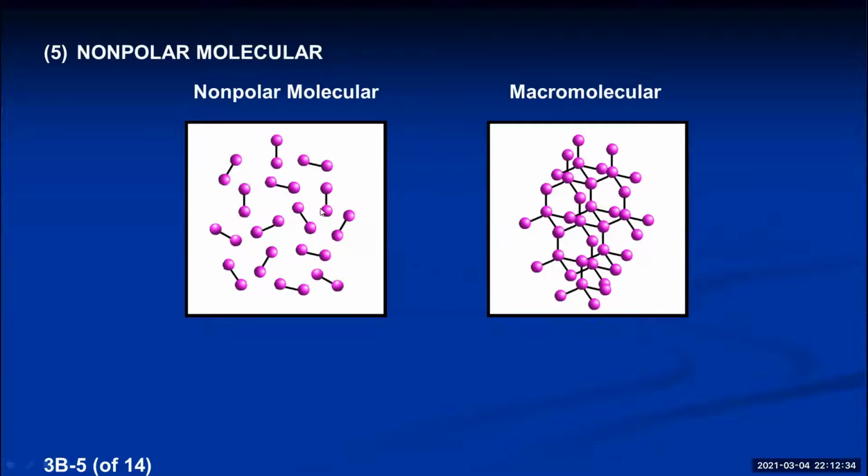But look at the other side. You have a diatomic molecule, 2 atoms bonded together. Here's another diatomic molecule. Are these bonded together? No, they're not. So this is a collection of millions and millions of nonpolar molecules, but this is actually one giant molecule, so it's called macromolecular. So on the left are nonpolar substances like diatomic iodine or diatomic oxygen. The right side would be an example of either diamond or sand, because those are both macromolecular.